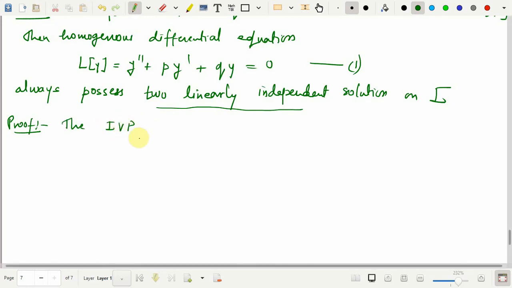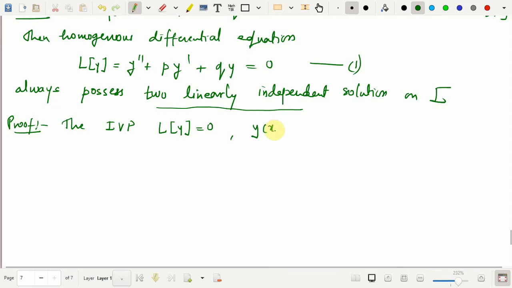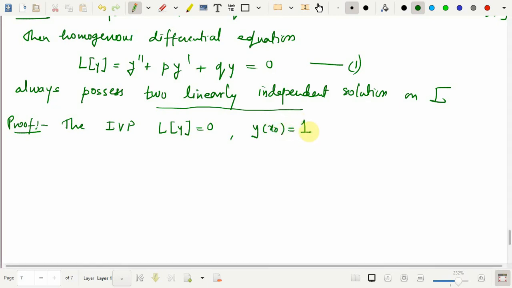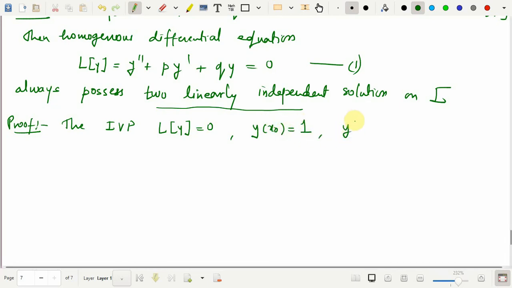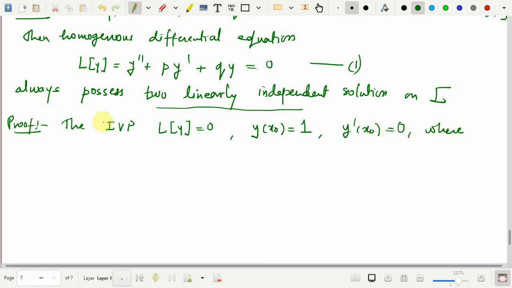I would tell you how I am proceeding and what kind of initial value problem I am considering for what reason. So the initial value problem L of y is equal to 0 with the condition y of x naught is equal to 1, and y prime of x naught is equal to 0, where x naught is in I,